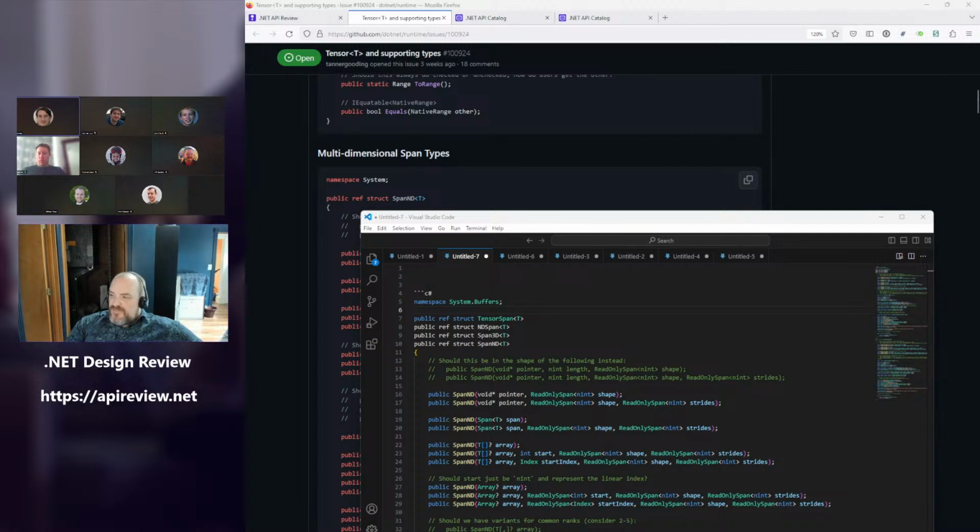And that's one of those cases where the guideline says spell it out. But realistically, that was a bad decision. Everyone would have known what RO span meant, and it would have made everyone's life a little bit better by using it. Now that one is arguably way more common than span ND ever will be. So, span ND is going to make a couple of people's lives happier.